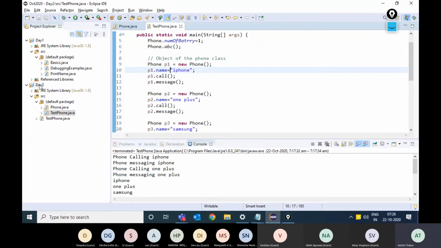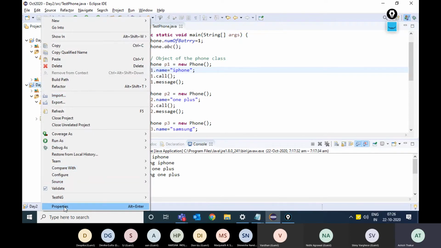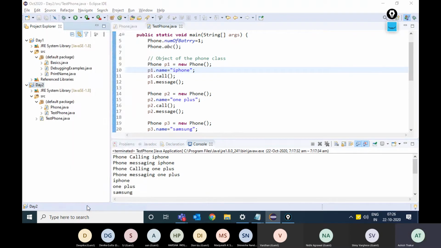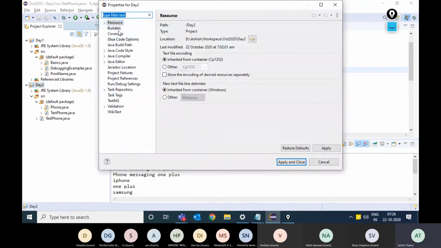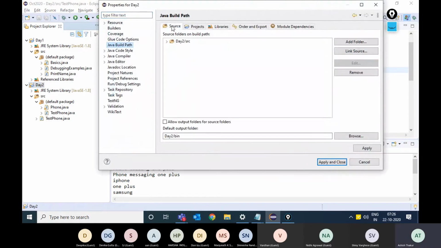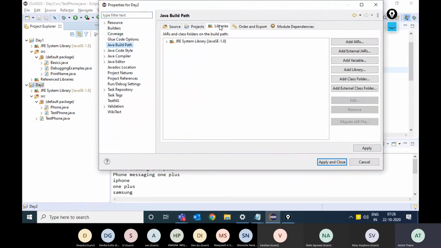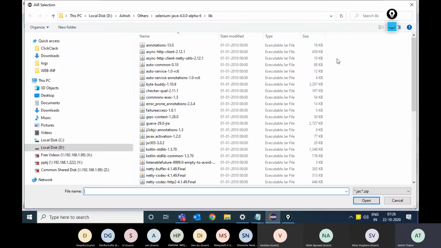First of all, let me add the jar files of Selenium in this day2 project. I'll go to the project properties and go to Java build path. Go to the libraries tab, add the external jars, right?